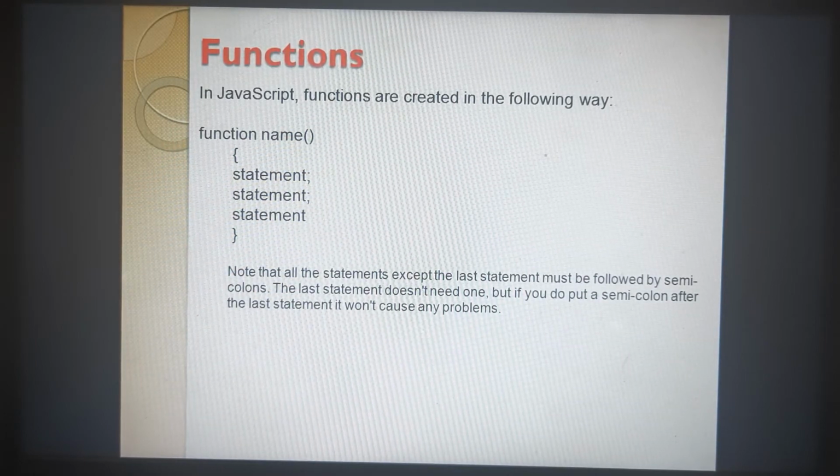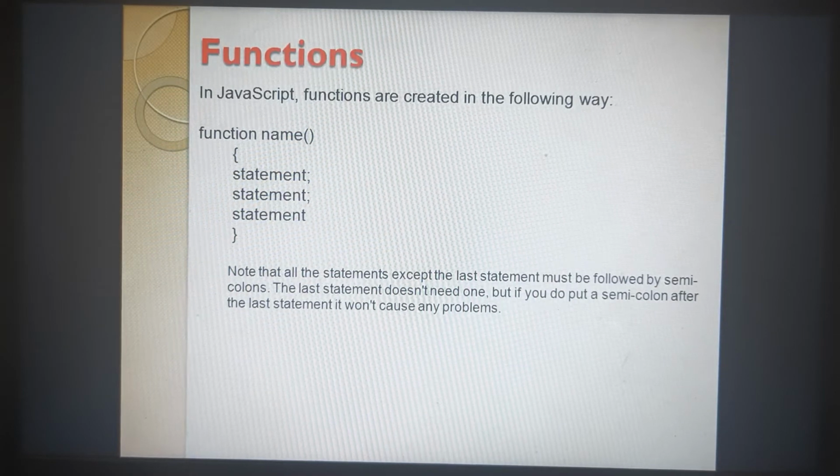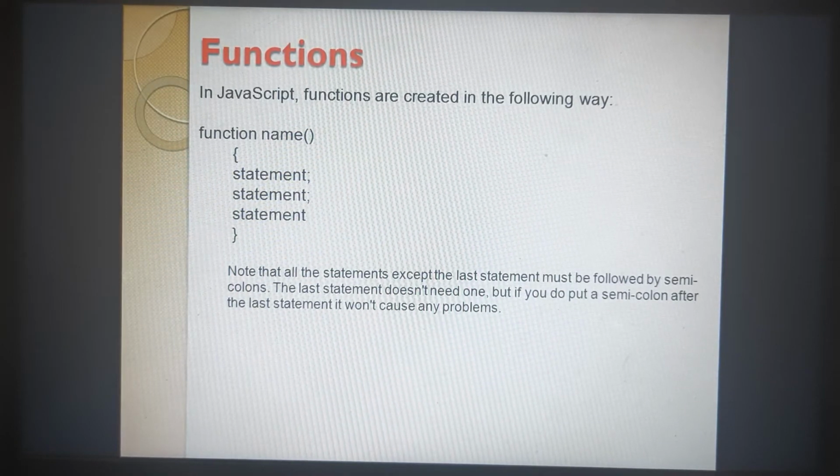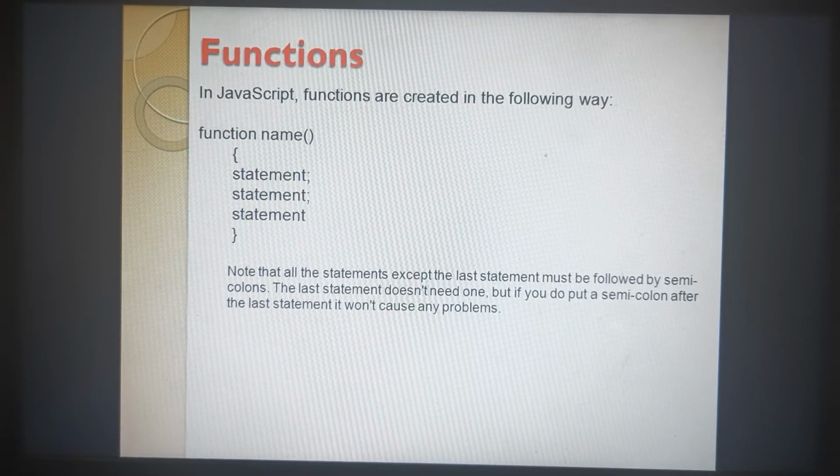Now in this example, you can see statements 1 and 2 have a semicolon, but in the third statement we didn't put a semicolon. It is not mandatory to put a semicolon for the last line, which is what we gave in the note also.